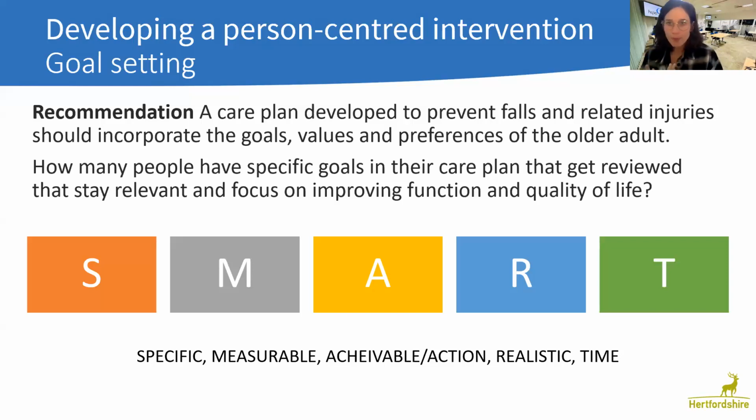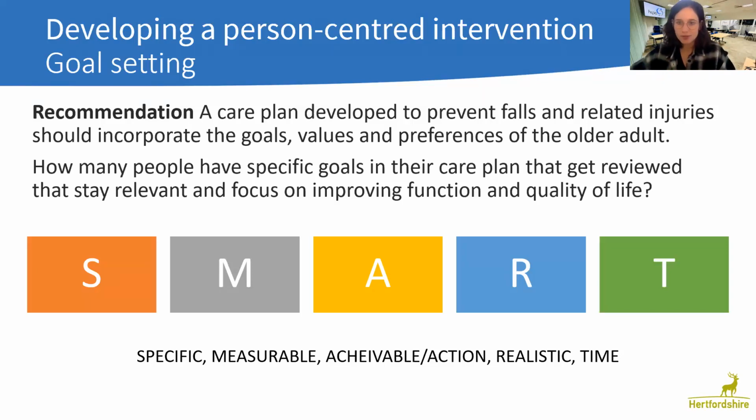So what we're promoting as part of prevention and enablement is smart goal setting. It's very straightforward. And we teach this on all of our education. So we've got specific, clear and specific goal for that individual, and that will be different for everybody. Measurable. When goals are measurable, it tells us that when a goal or action is complete, and it helps us track progress.